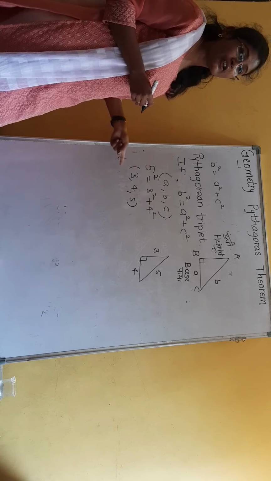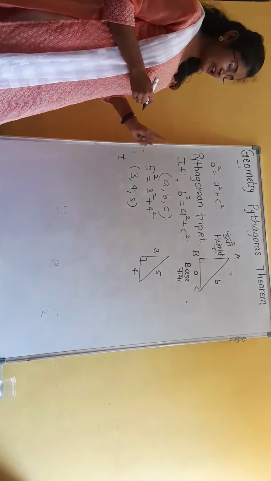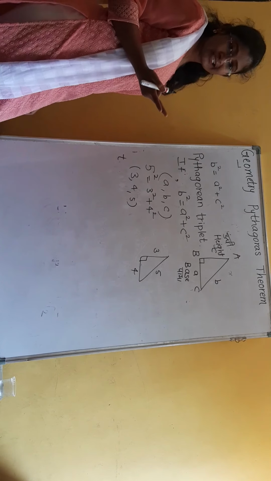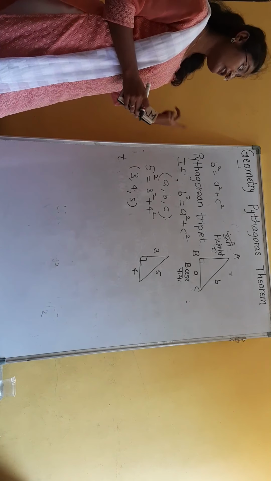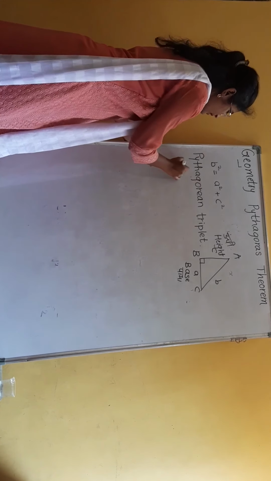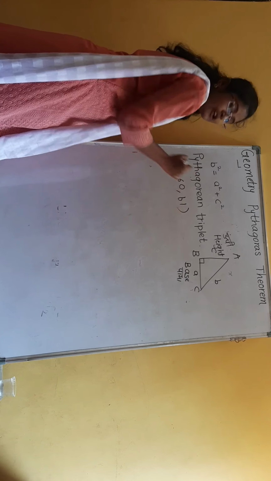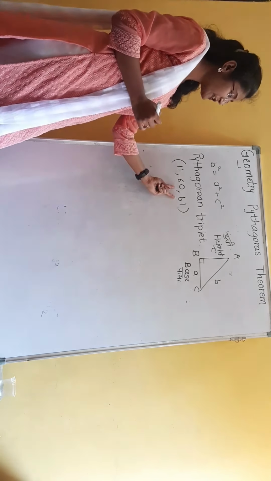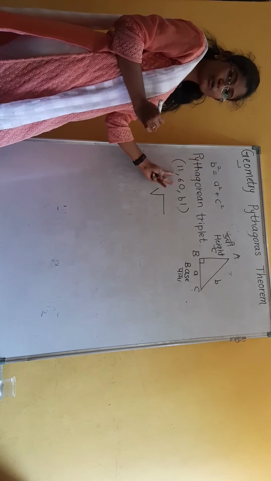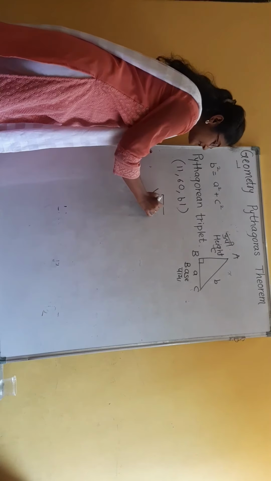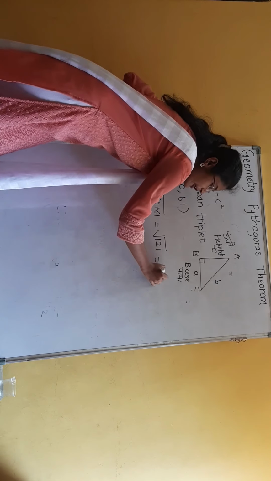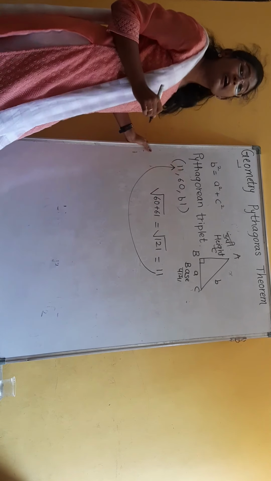So that is the only Pythagorean triplet which is in the natural consecutive forms. So there may be two consecutive natural numbers, and there is also a magic, that is 11, 60 and 61. So these 60 and 61 are the two consecutive numbers. If we find the square root of the sum of the greater two numbers of this Pythagorean triplet, that is 60 plus 61 equals under root 121. Square root of 121 is 11. So that is our third number.